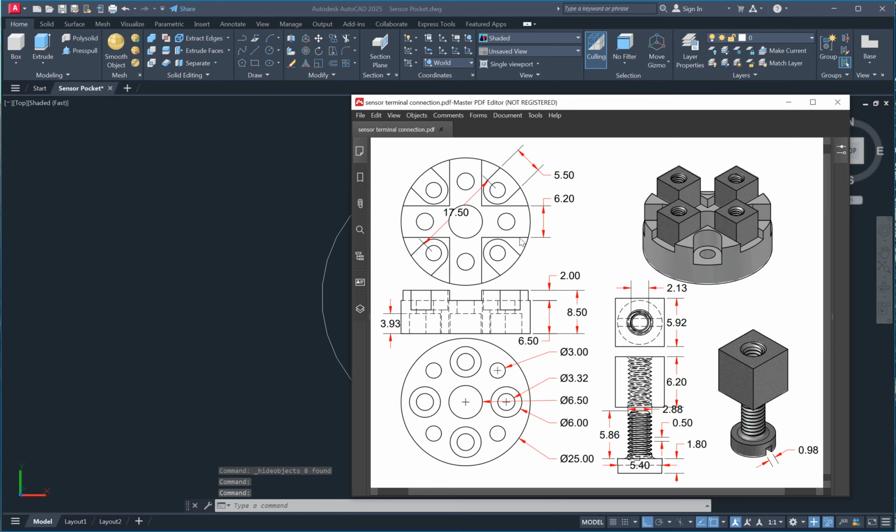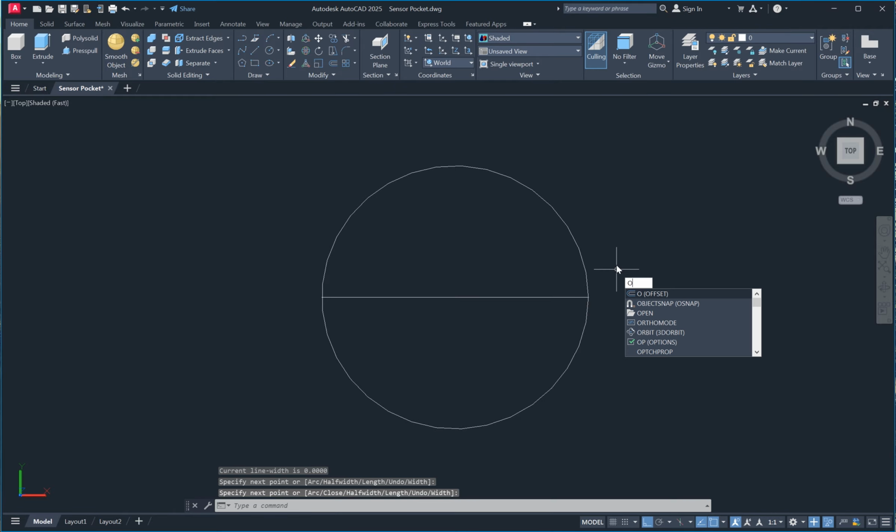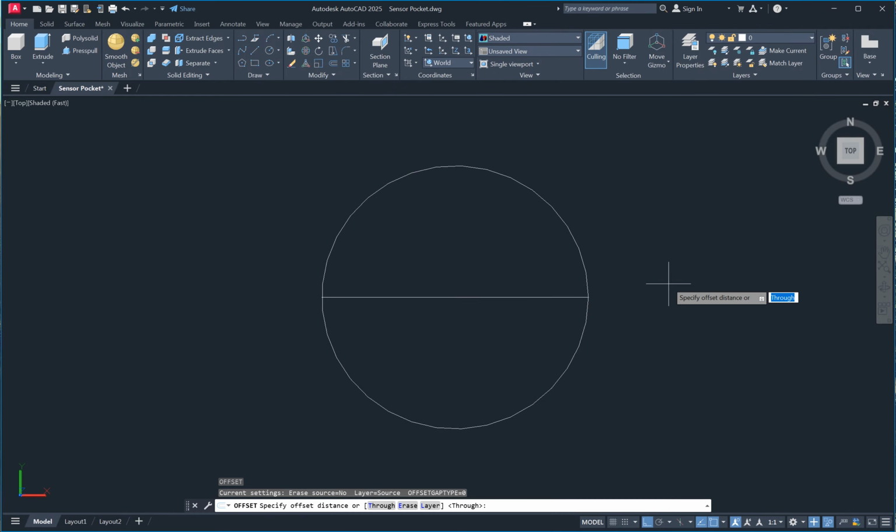And then we continue with the point 6.2. We use command polyline, PL, enter, specify first point, specify next point here, and then offset, enter, 3.1, enter, like this.